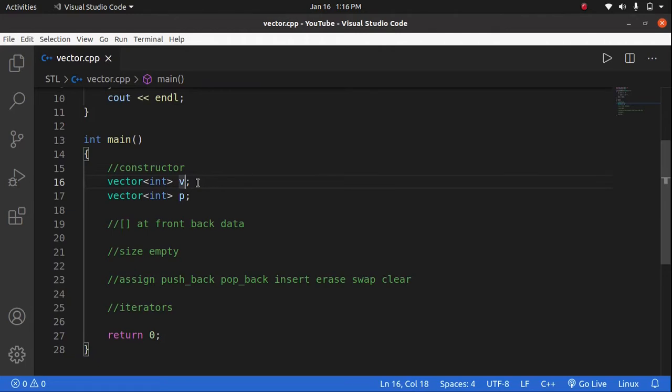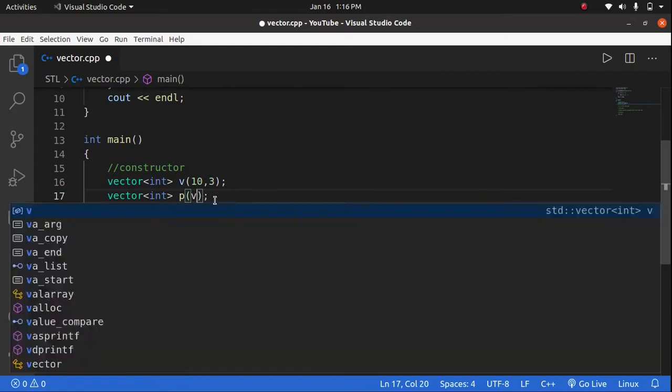Okay. Now if you pass an argument, the first argument says the size of the vector. Now this vector of size 10 will be made, and it will have garbage values. Now if you pass the second argument, like 3, then it will make a vector of size 10 with all values 3, that is, 10 values of 3. Okay. Now the other way of making a vector is by using another vector in the argument.